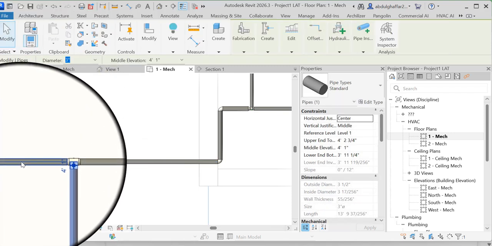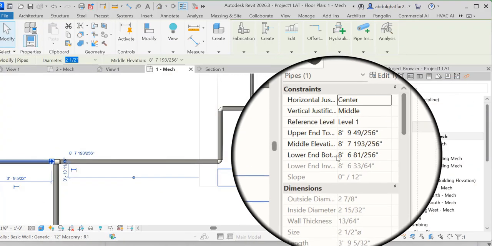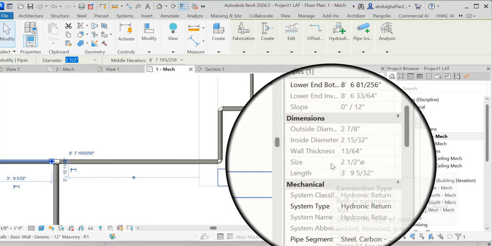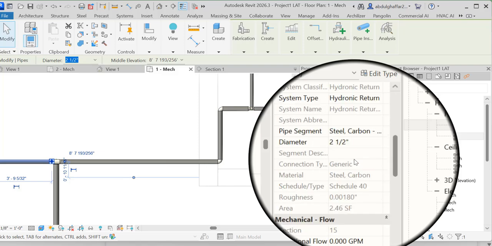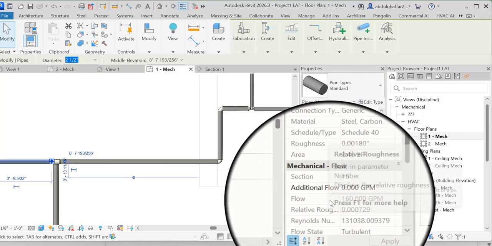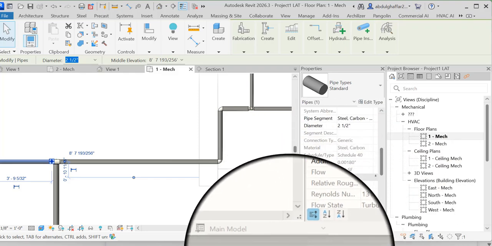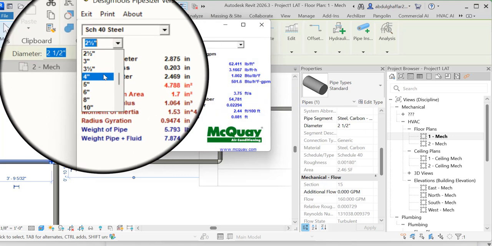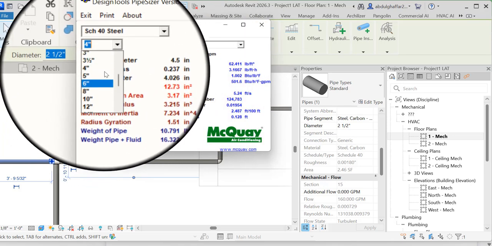Now here you see the GPM for this pipe, the flow rate within this pipe is about, so here you can check the GPM flow rate of the pipe. So flow is 160 GPM. Here you see this is mechanical flow 160 GPM. So if 160 GPM flows through a 4-inch pipe or 3.5-inch pipe,